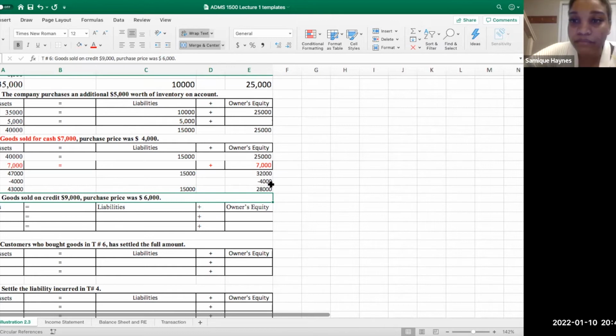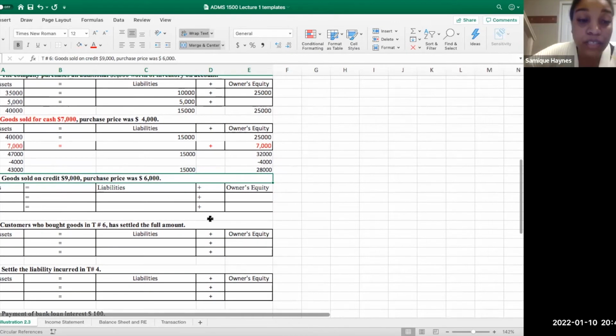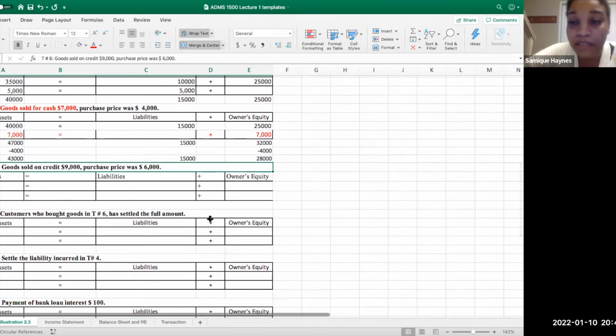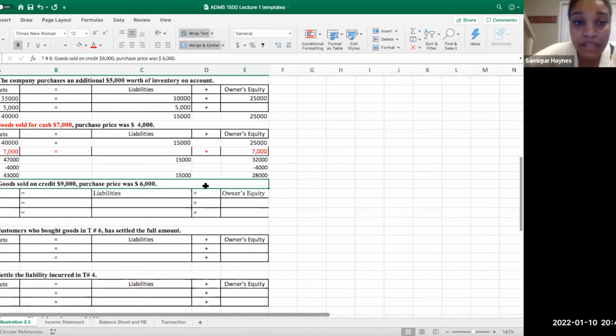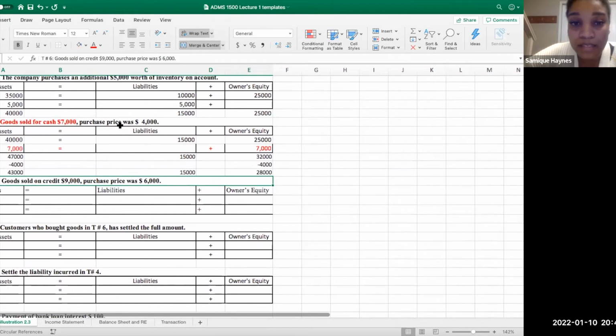Does that make sense? Two yeses? That means that everybody else doesn't know what's going on? Yes? All right, we're good. So I'm gonna tell you, this is probably the hardest part of the class today. The hardest part of the class today is understanding this. And it's called, you can write this down, revenue recognition, expense recognition, or matching principle. And you'll see that in this chapter as well.